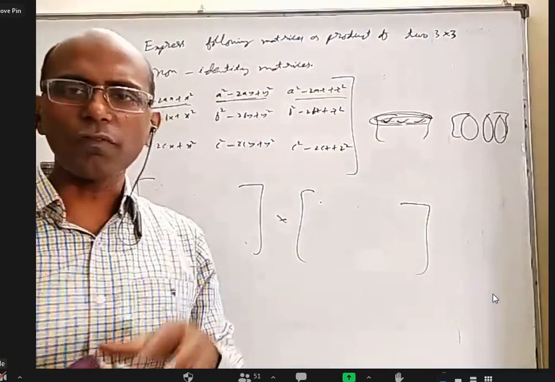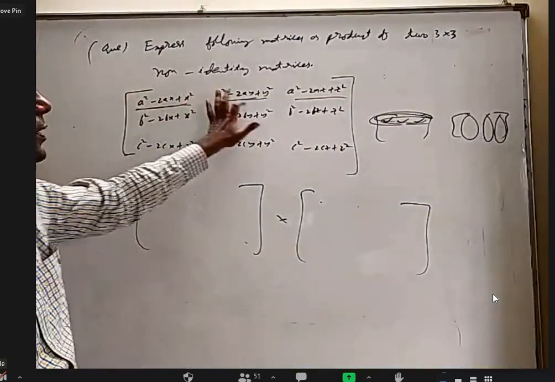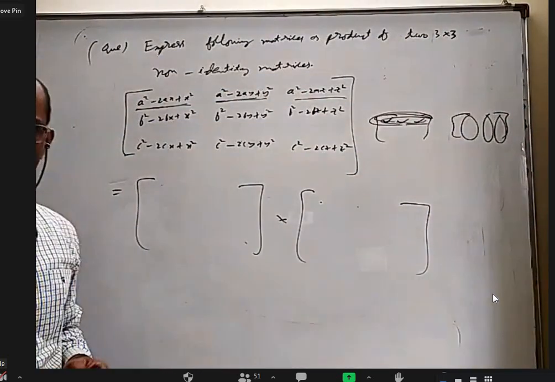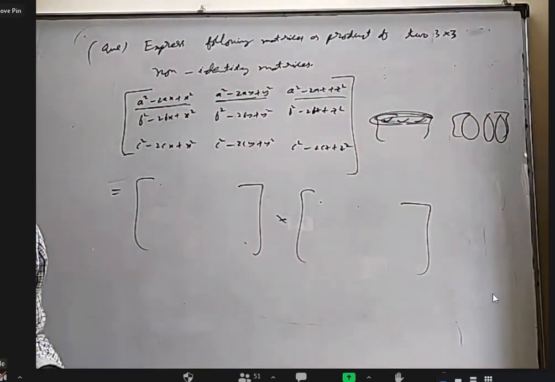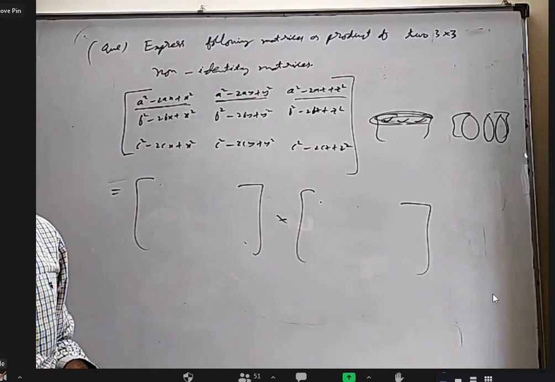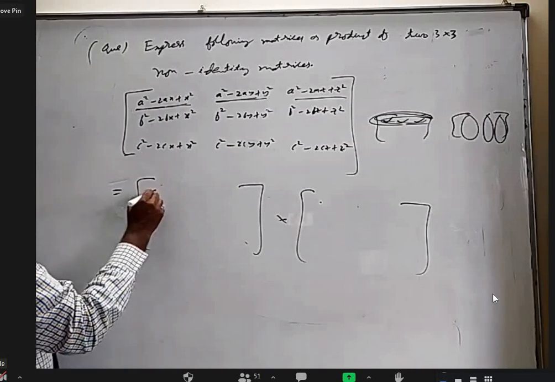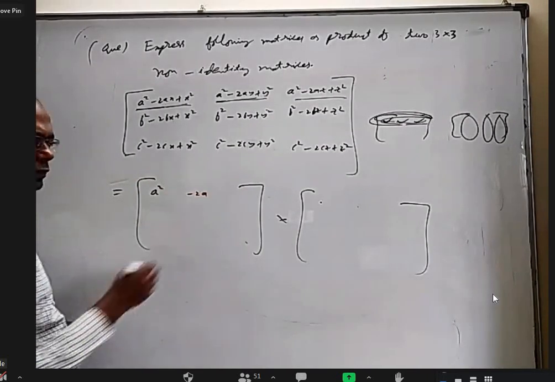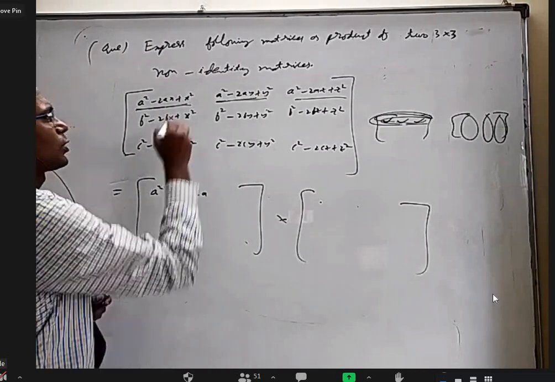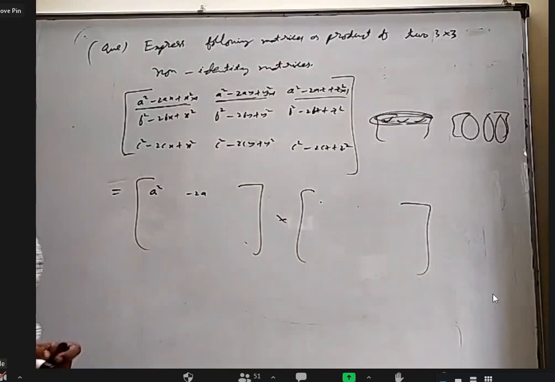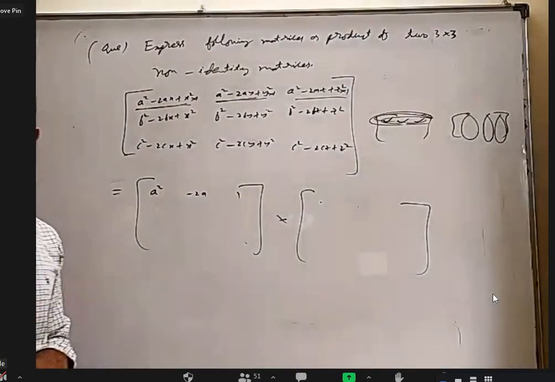So if you can identify what are the three elements which are present here, present here, present here, then you are able to decide what is the first row here. So can you tell me some element which is there? Three elements, they're here, they're here, they're here. Sir, a square, minus 2a. Yeah. So the third element you are not able to tell. So I'll write x square into 1 here, y square into 1 here, z square into 1. Now we can make it 1, right?